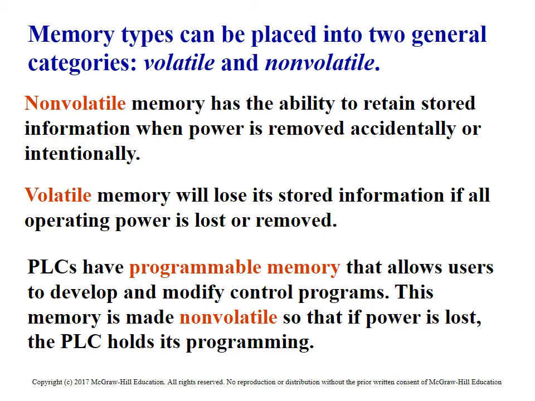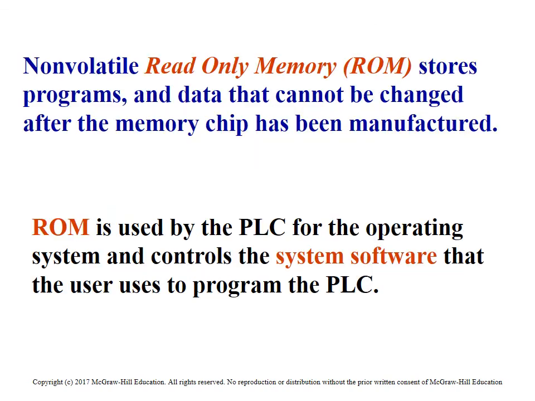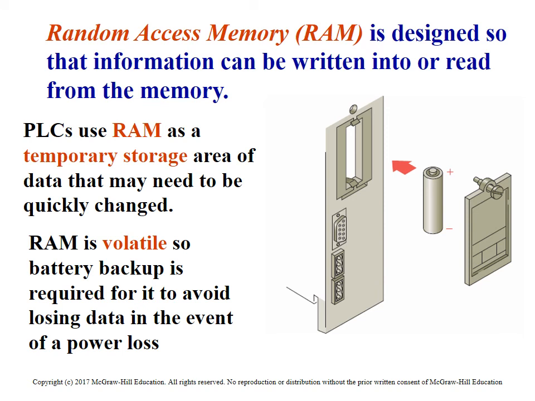So it's the new modern technology there for that. Read-only memory, of course, our ROM stores and cannot be changed after the chip has been manufactured. So that's another style of memory chip. Random access memory, or RAM, is often a temporary storage, and I don't think you get too much involved with this stuff anymore with most modern PLCs. Most everything that we're dealing with is in the RAM, but it's stored as flash RAM. They call it flash RAM.